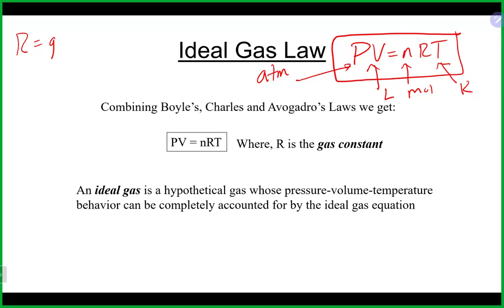R is a gas constant. And it is a number that you always have available to you when you're doing gas law problems. Although they will never tell you that in a gas law problem. They'll never mention the gas constant or anything like that. That is one of those numbers that they just assume you know what it is and that you have it available to you. So when you read a problem, you'll probably never see the gas constant is this. They'll never tell you it. So that number, by the way, is